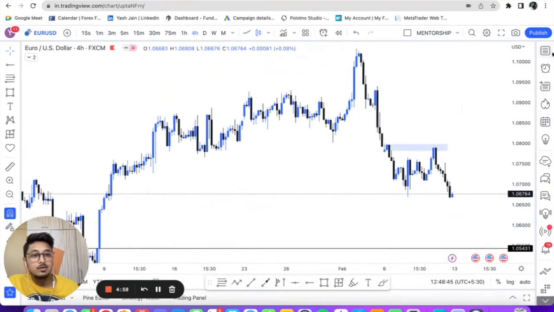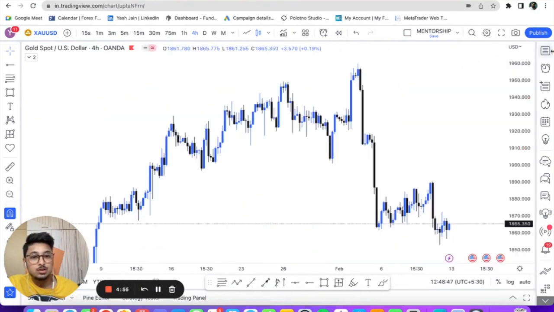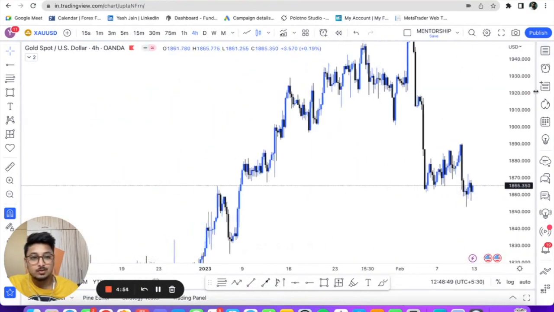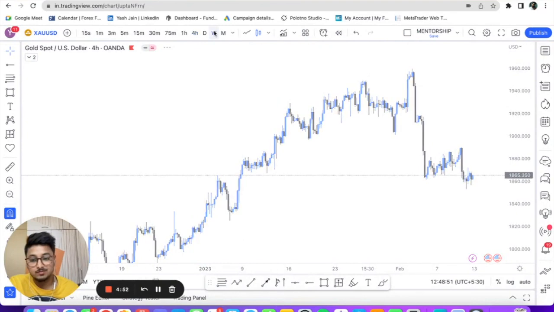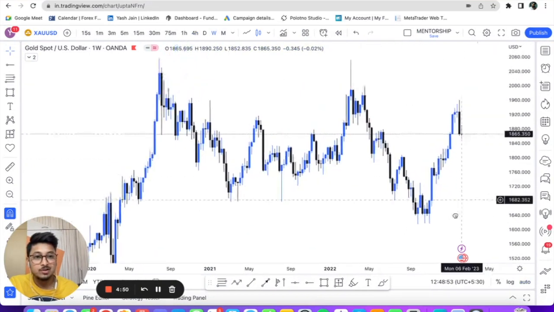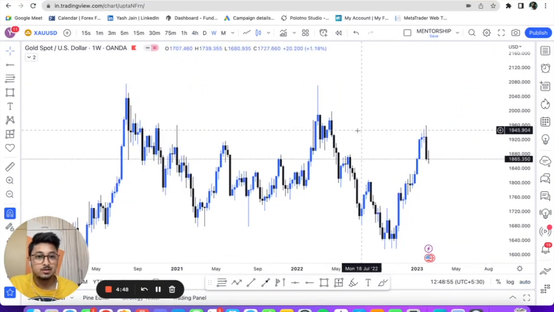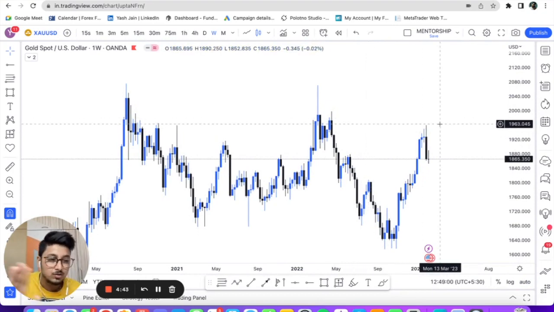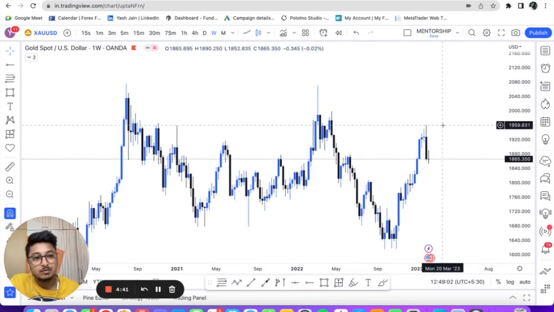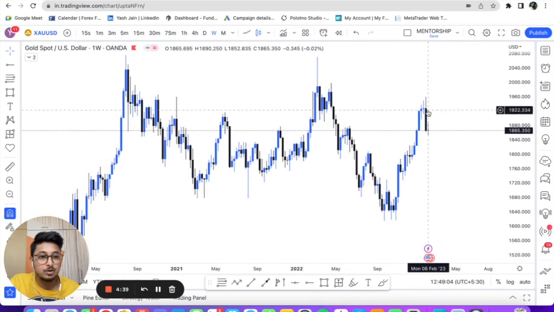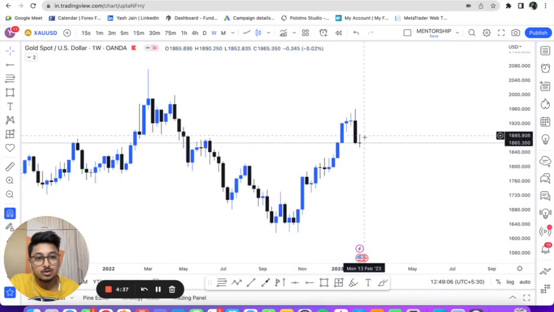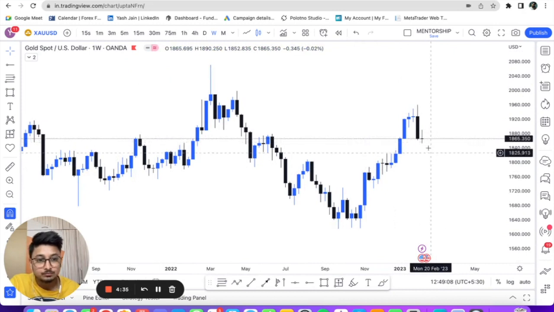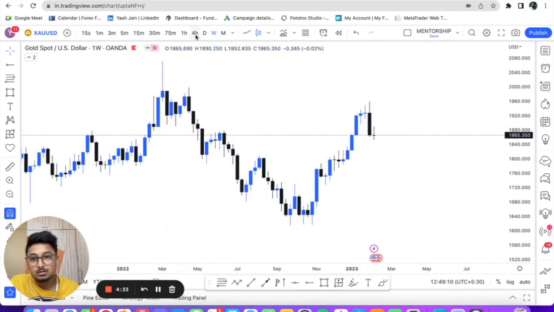And now finally we have XAUUSD. That's gold for you. Let's take a quick look. Let's go on a weekly time frame. On the weekly time frame, as we had planned, this was our last particular supply area from where 1958 was the level which I shared, and we made a top of 1959. We dropped close to 100 pips, and I think right now we have formed